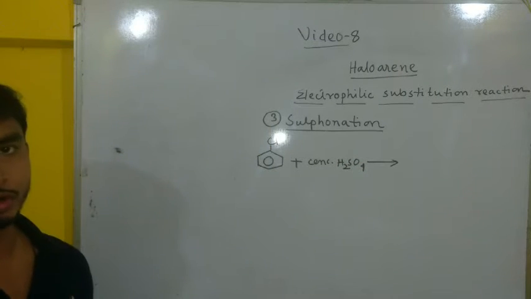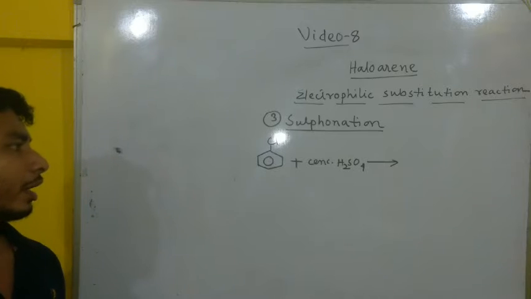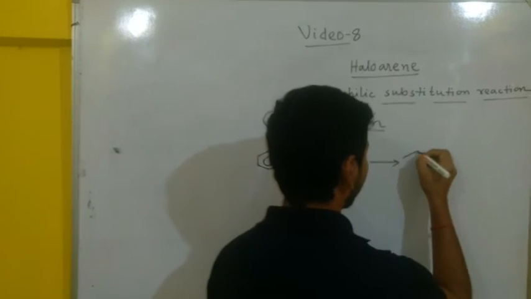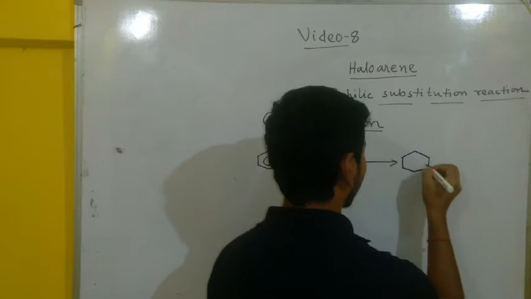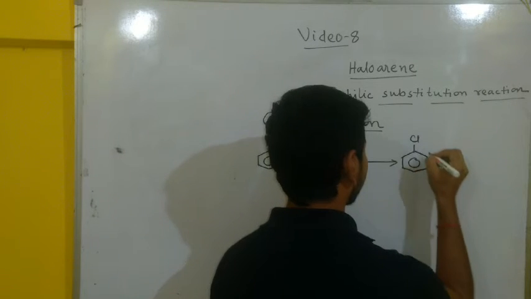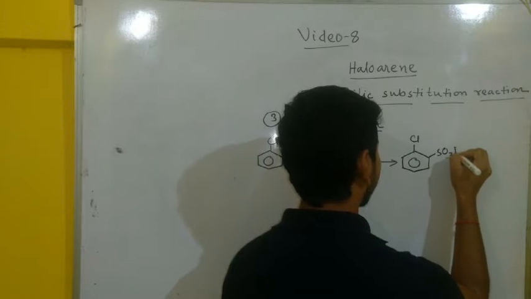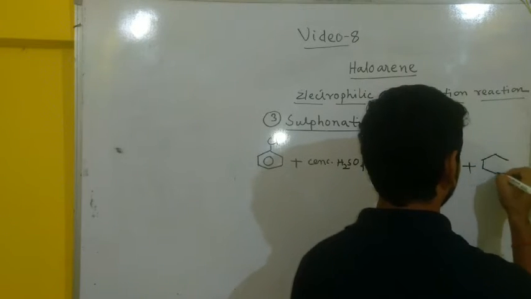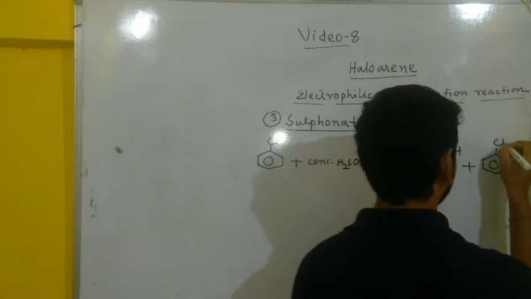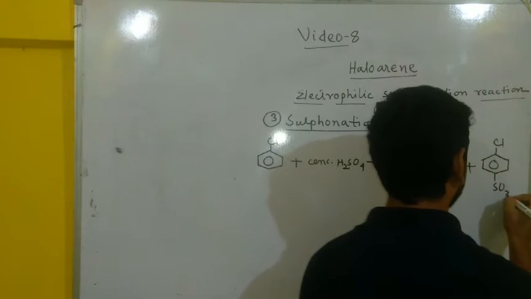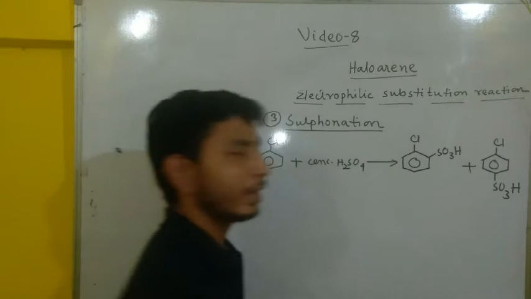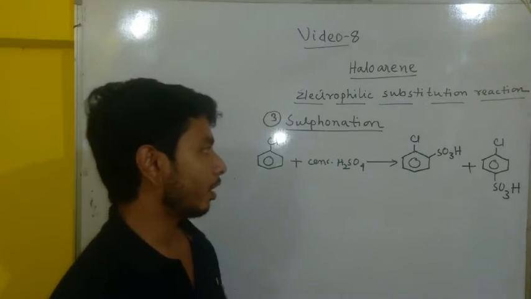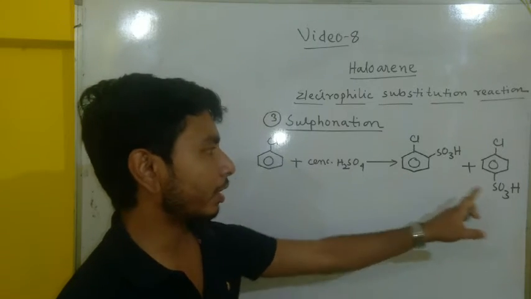Sulfonic acid group goes to ortho and para position. So in the ortho position, sulfonic acid plus para position sulfonic acid. So again, out of the two products, ortho position is the minor product, para position is